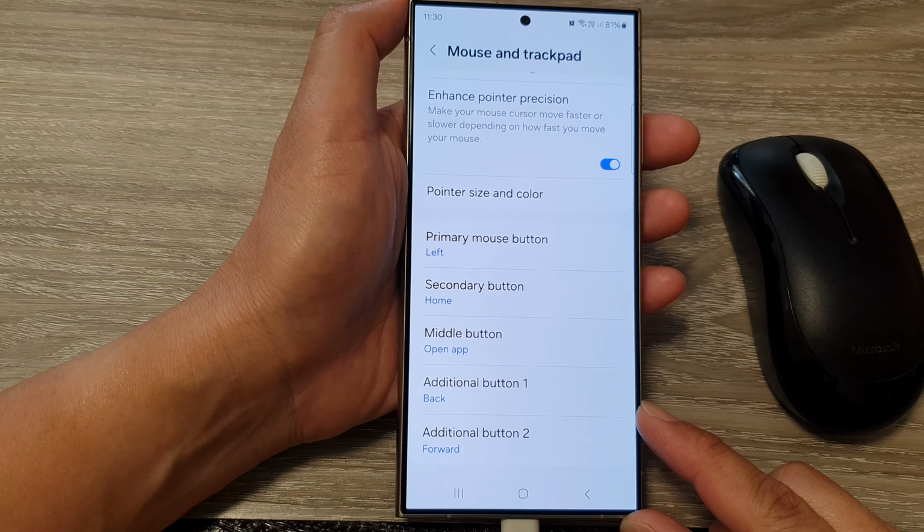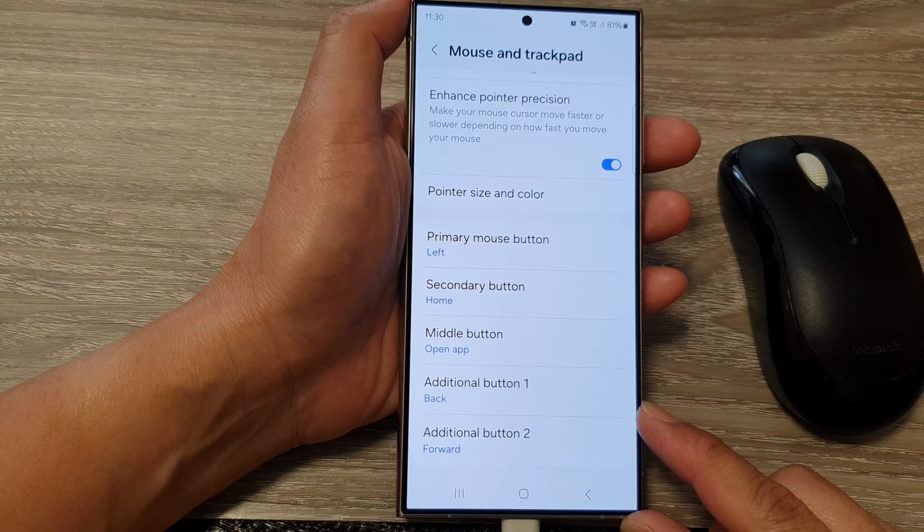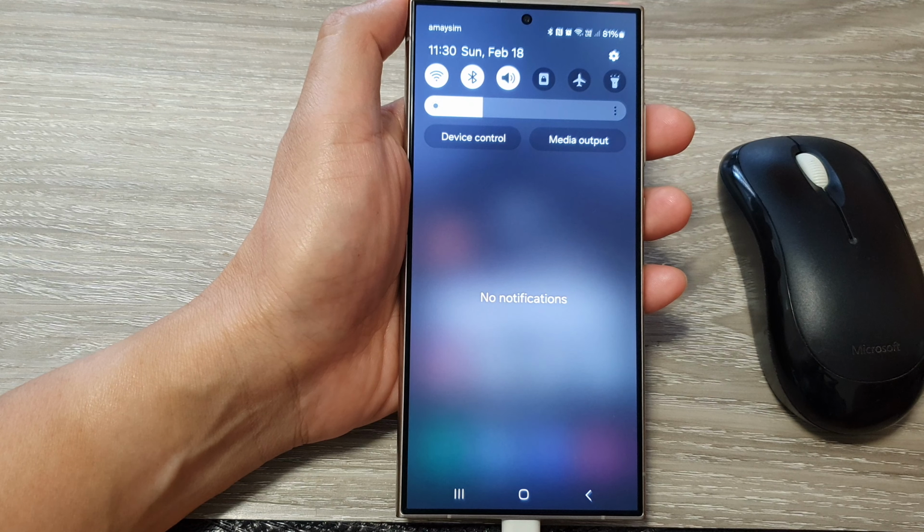How to set additional mouse button functions on the Samsung Galaxy S24 series. First, tap on the home button to go back to the home screen. Then on the home screen, swipe down at the top, and then from the quick settings panel, tap on the